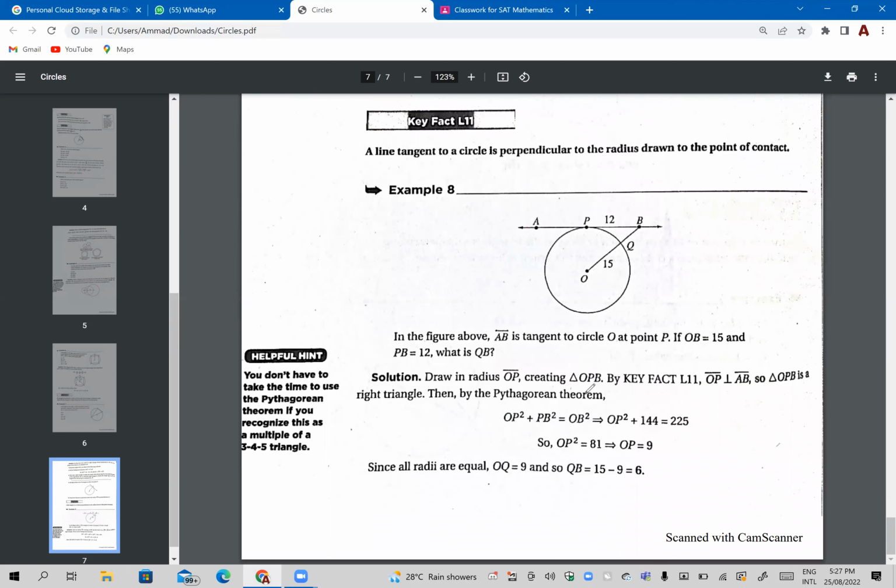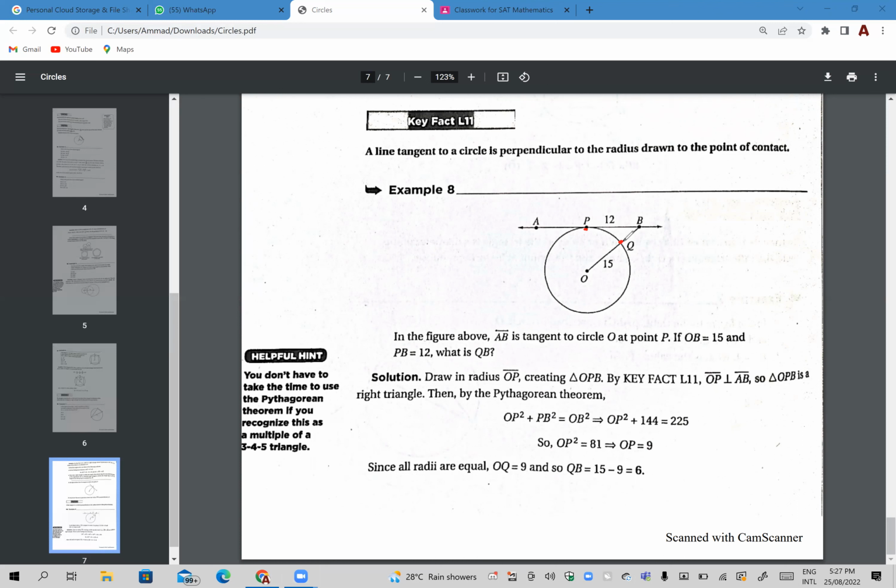Oh, we're done with the topic. फिर last question कर ही लेते हैं ये. In the figure above, AB is tangent to circle O at a point P. So अब इसमें AB is a tangent. यहाँ पे this is point P where it touches the circle at. If OB is 15 and PB is 12, what is QB? अच्छा,